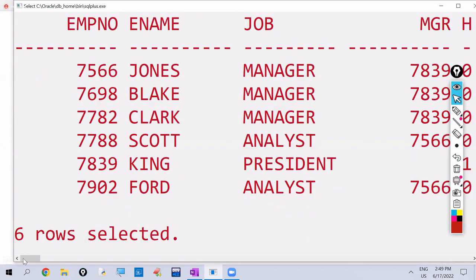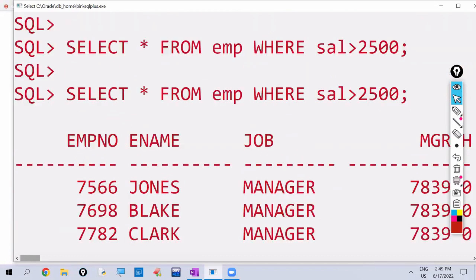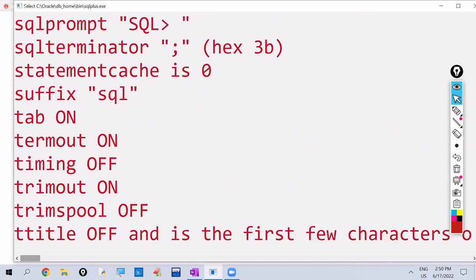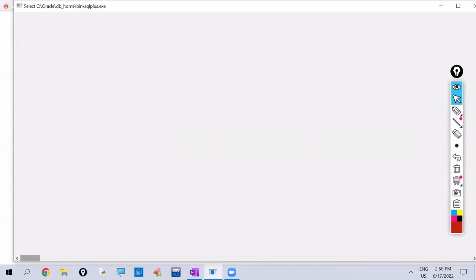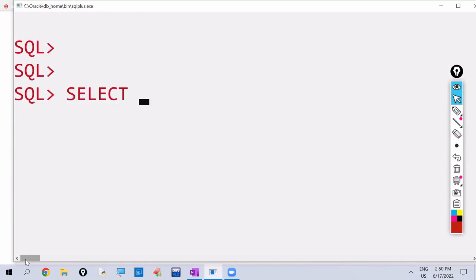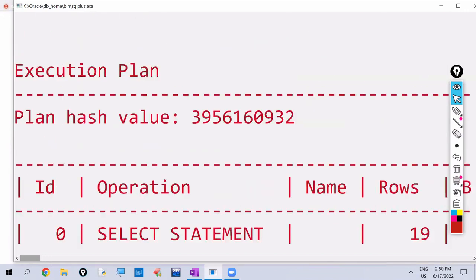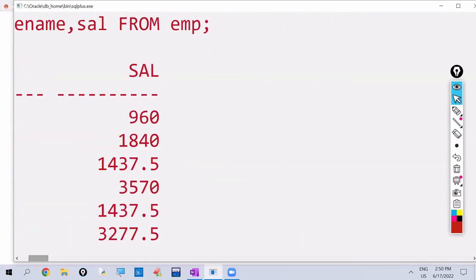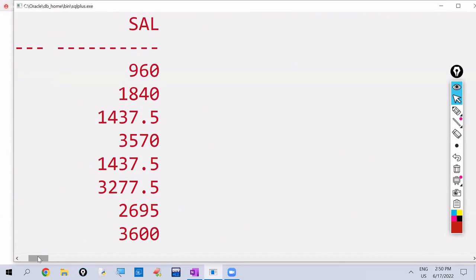So now, what is the actual table? Actual table we didn't open. Let me open the actual table. See. So select employee number, e-name, comma salary from EMP. So what is happening here is we are writing a condition like this. We are submitting our query as,